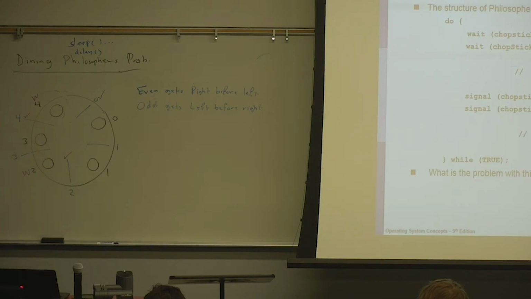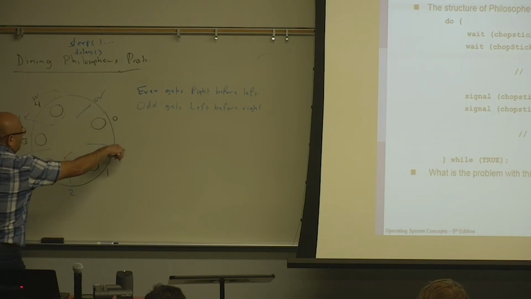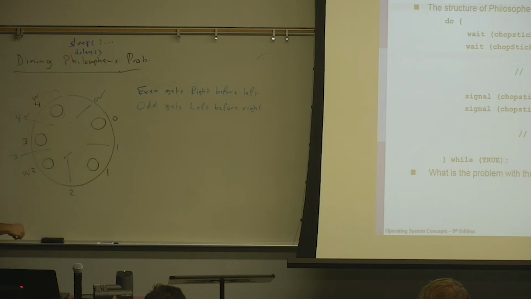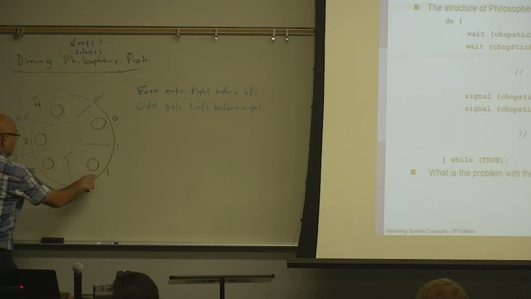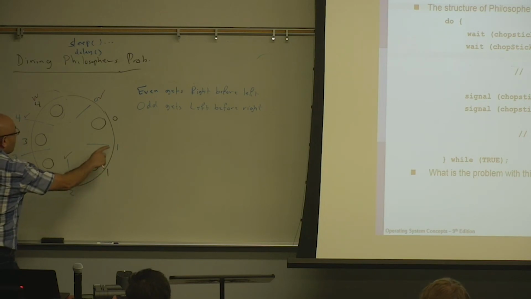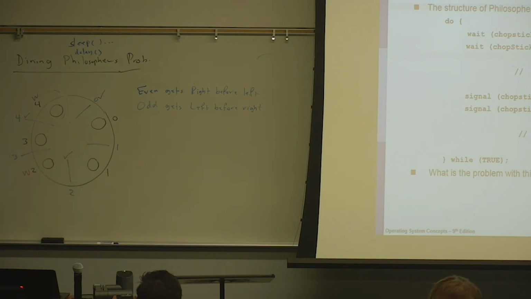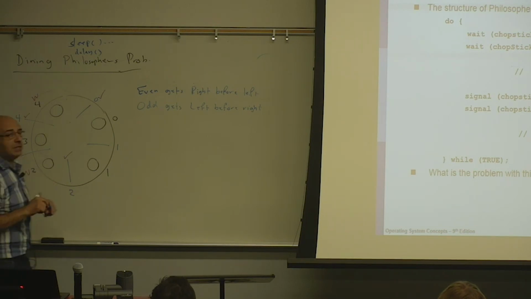So 0 will eventually get this. Now, process number 1 will have this available, but it will not have this available. So if you think about this solution, it will be impossible for one process to be holding one chopstick and waiting for the other, because of these waiting processes. So basically, you can think of these waiting processes here like processes that are temporarily not competing for the chopsticks.